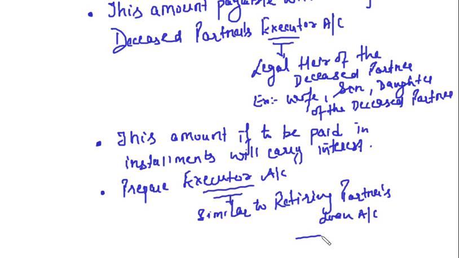Clear, friends? Now, if we talk of death, in 99% cases, death will happen during the accounting period. Death can happen anytime. As in case of retirement, retirement is voluntary retirement, right? It is done either at the end of the year, or in the beginning of the year, or in between the year, as we discussed in the last lecture. But death is not voluntary, friends. It can happen anytime during the year,